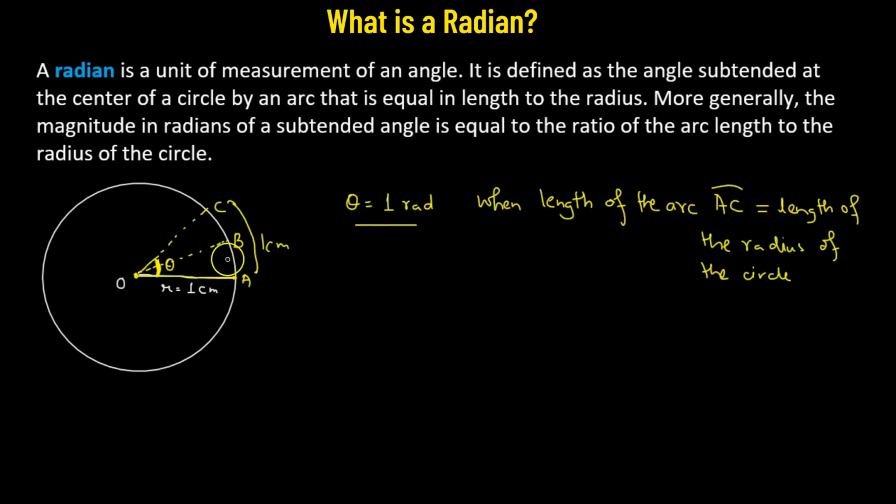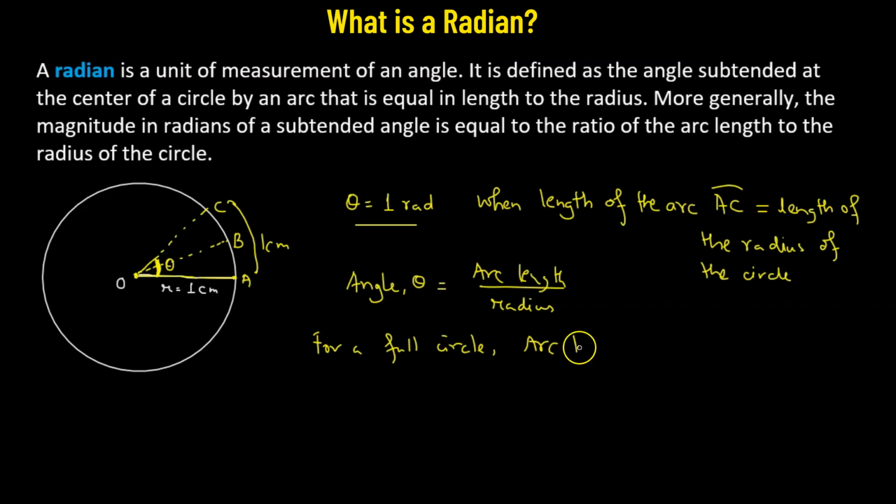Now we know there's a definition for the angle subtended at the center. The angle subtended at the center, theta, is given by the arc length over the radius. Whenever the arc length is 1 unit and the radius is 1 unit, then theta will be equal to 1 radian. Now we know that for a full circle,